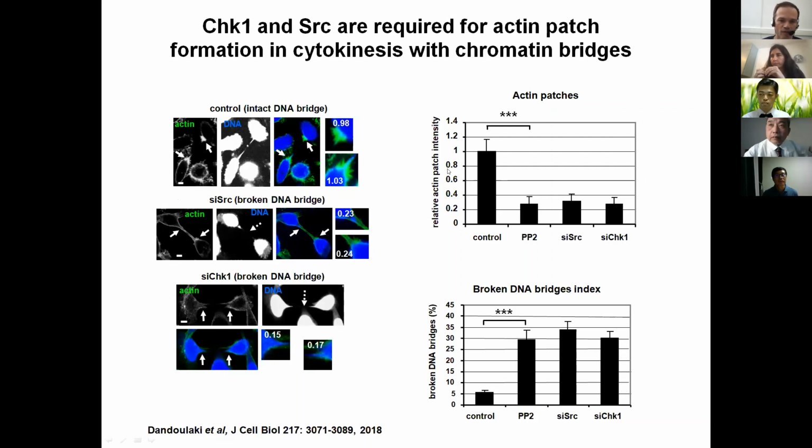And we visualized actin patches in control cells, as you can see here, using confocal microscopy. So green is actin, and blue is the DNA. And you can see a control cell with a DNA bridge here. And these are the actin patches, these accumulations here that are shown by arrows and are also magnified in this inset. The numbers here indicate the relative intensity of the actin at the base of the canal. So control cells form actin patches, as you can see,